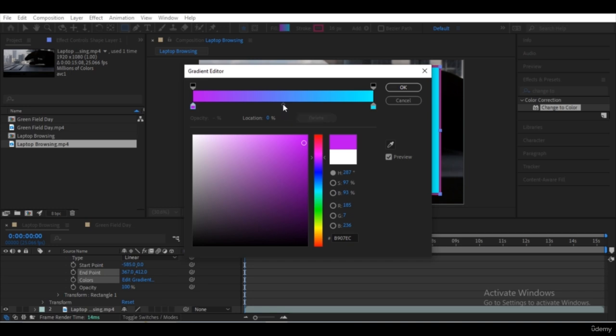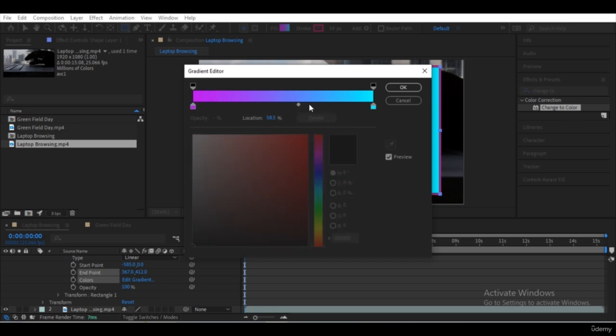And you can slide the color midpoint to adjust the midpoint or the meeting point of these two colors. In here, by clicking this opacity stop, we can adjust the opacity of one or more colors. One color for each opacity stop.